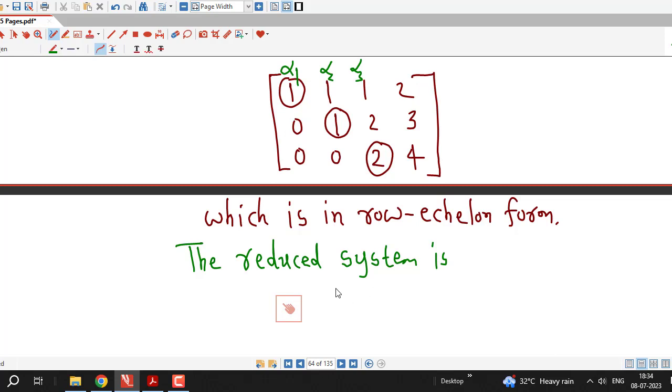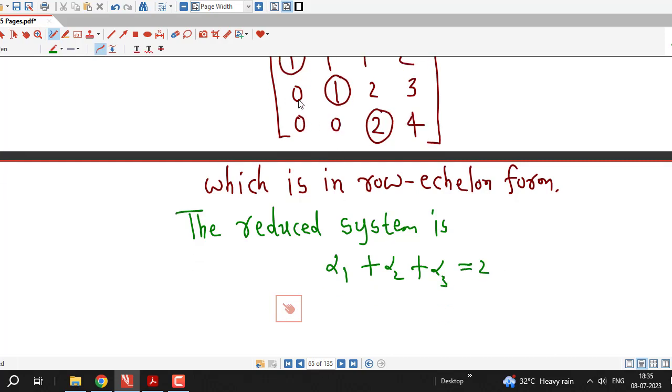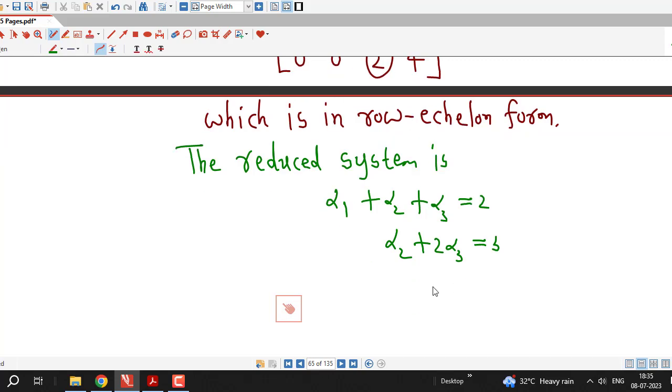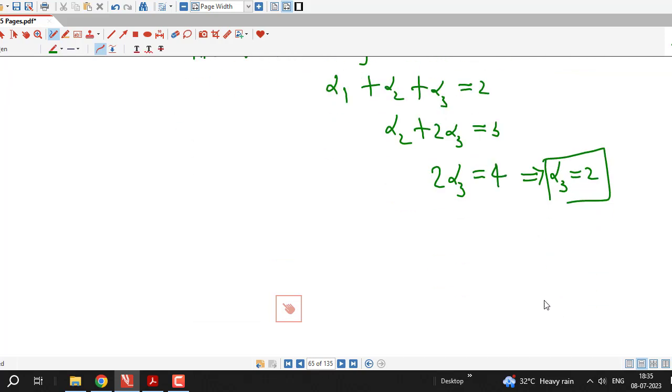So the first equation is alpha 1 plus alpha 2 plus alpha 3 equal to 2, then 0 into alpha 1, then 1 into alpha 2, 2 into alpha 3 equal to 3, and 2 alpha 3 equal to 4, and from this I will obtain alpha 3 equal to 2,